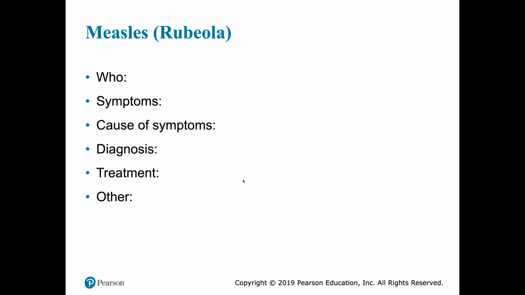This vaccine is given when you're really young. So measles was considered eradicated in the United States, meaning there were less than, I believe it's 100 cases per year for a whole year. So there were less than 100 cases for an entire year. So it's considered eradicated in the U.S. However,